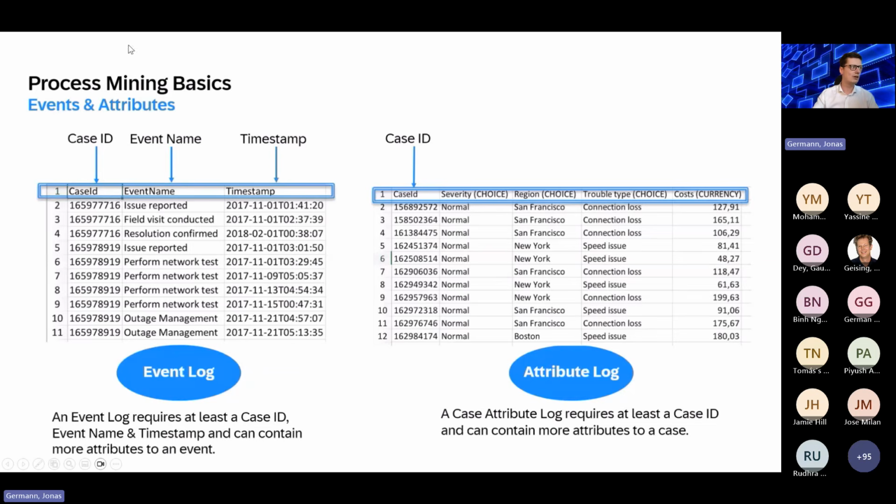You can, of course, enrich. This is the minimum, the basic minimum you need for process mining. You can always enrich your data. For example, region. Maybe your company is working in different countries or different regions. Maybe you have different locations in one country, and you want to compare the manufacturing in North Germany and in the company in South Germany.